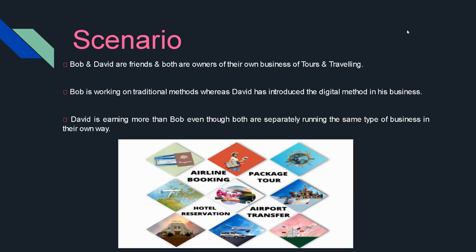There is a scenario between two friends who work in the same business, the tourism business, where one person is Bob and the second person is David. Bob is earning less, whereas David is earning more than Bob. So what is the difference? Why is Bob earning less and David earning more? The reason is that Bob is using the traditional way in the tours and travel business, whereas David is